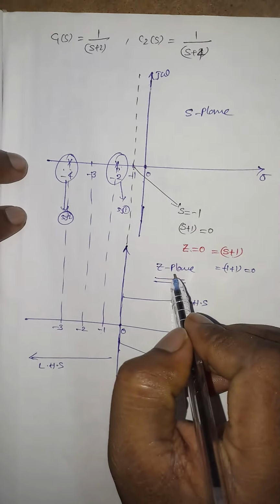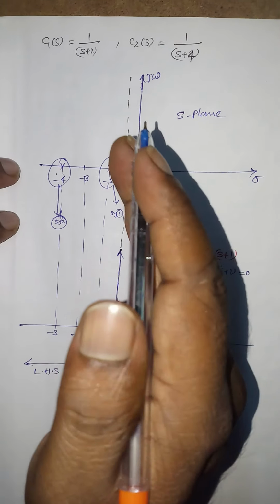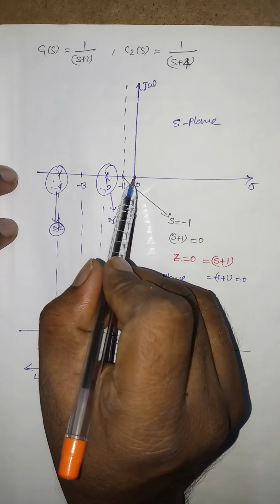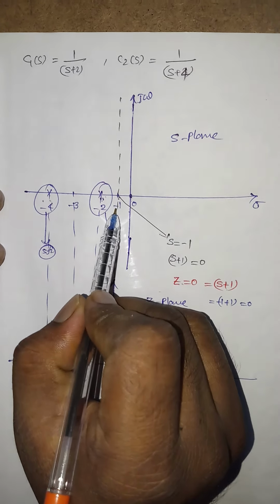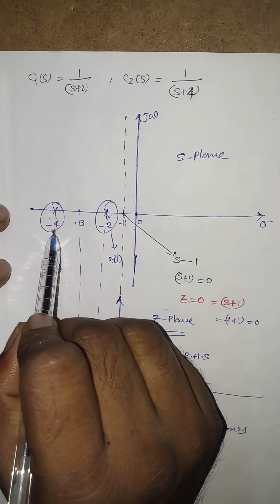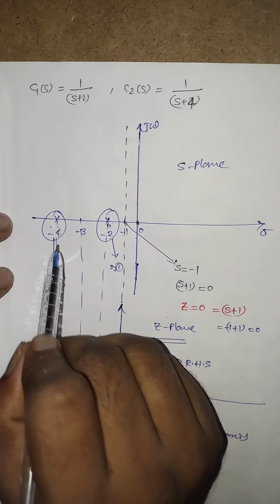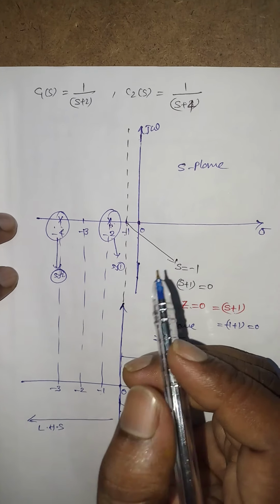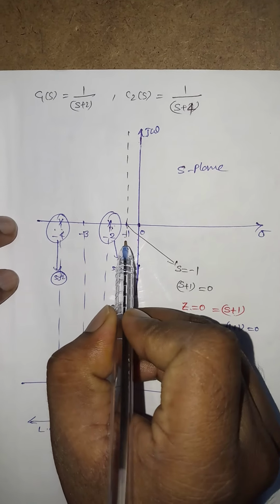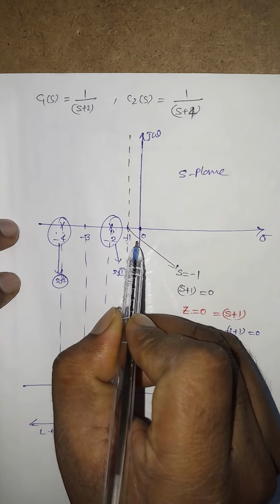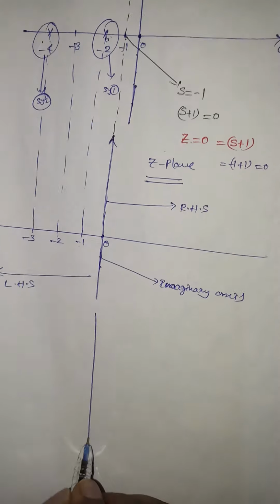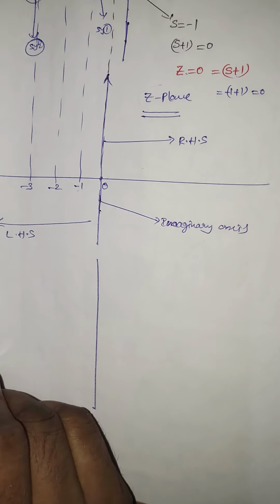That means in this z plane, if I shift this imaginary axis from 0 location to -1, this will become less stable when compared to this one. Previously also it is like that only. Suppose if I shift this imaginary axis from s is equal to 0 to s is equal to -1, to s is equal to -3. Suppose if I shift the two systems here,